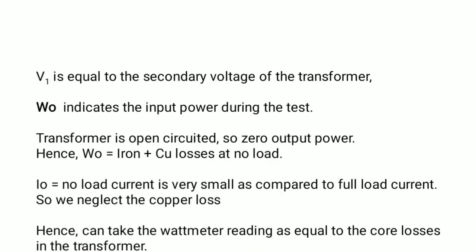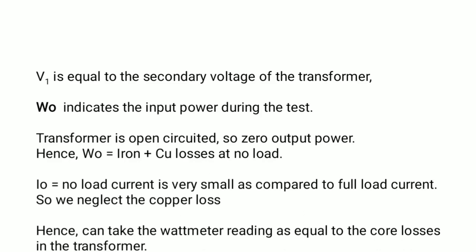So V0 is equal to the secondary voltage of the transformer. Whatever wattmeter reading shows, it is indicated as W0 and it is the input power given to the transformer. So in the open circuit test, we are not connecting any load on the transformer, so output is 0. So whatever power is measured by the transformer, it is used to supply the iron losses and the copper losses